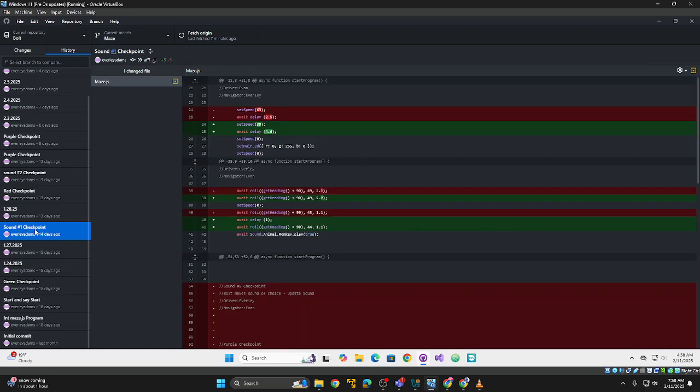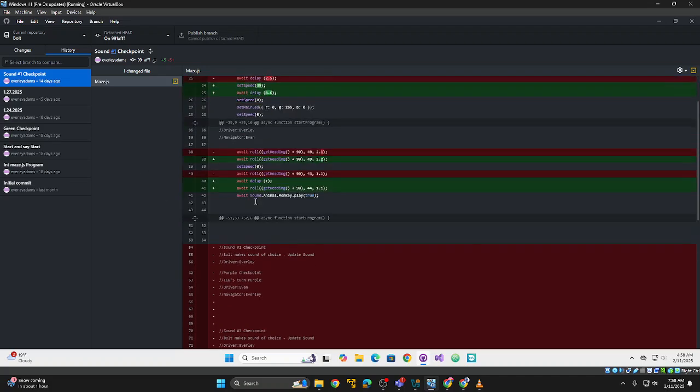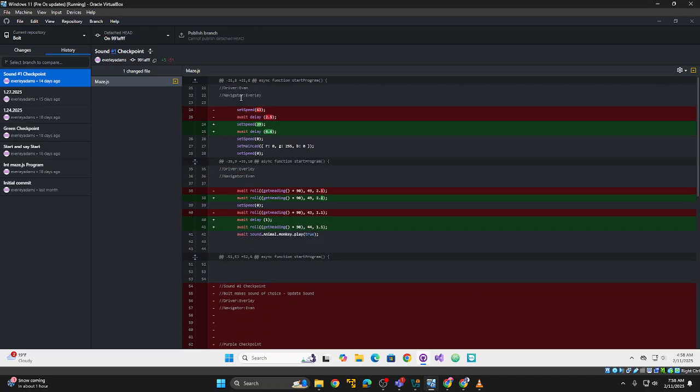So if I go to sound checkpoint 1 and check out this commit, I believe that sound checkpoint 1, where is it? Sound checkpoint 1 is right here, and all we did was we just